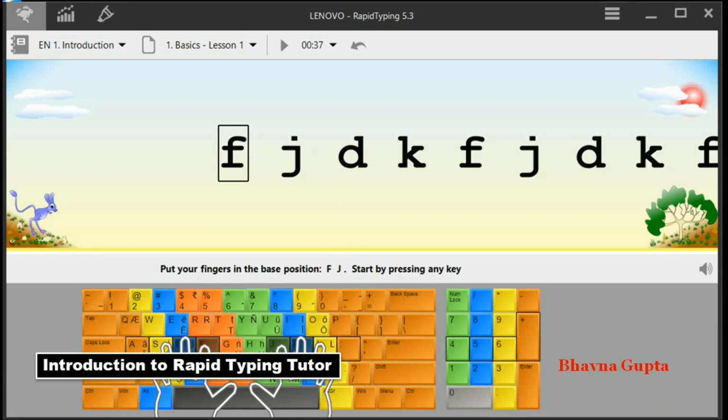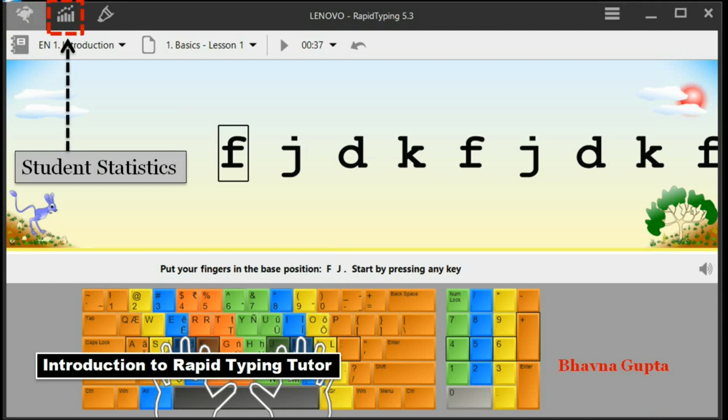First, open the software and the first bar is called the title bar, and this bar shows the name of the application program. This button is called the current lesson button. Check the current lesson.